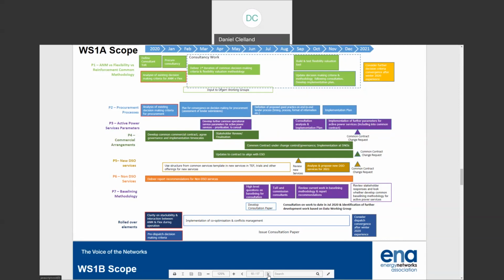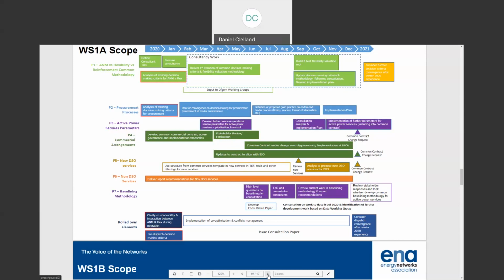So all the way down through this workstream 1A, there's a key date in July where we will, like we did this year in our flexibility workstream, take a cut across all of our development work, define where we are, communicate that out to you all, and undertake a consultation in July. So we'll do that again probably over an 8-week period to give you a chance to digest and respond.